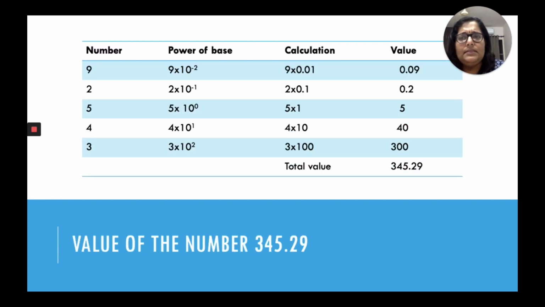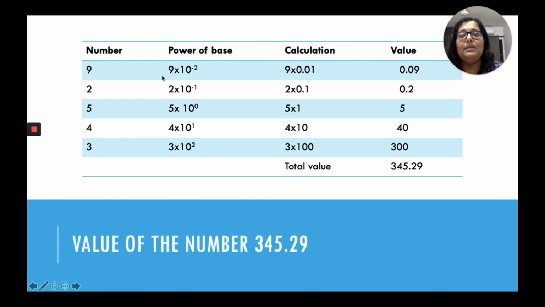In this, it is the same thing, but here the number we are considering is 345.29. As usual, I am writing the reverse order of the number. That is, 9 comes first, 2 comes after that, 5 comes after that, 4 and 3. In that, I am going to multiply it by the base. Please understand that when there is a decimal point, the digit after the decimal point is the tenth digit, and the next digit after that is the hundredth digit. So a hundredth is 1 by 100 and a tenth is 1 by 10.